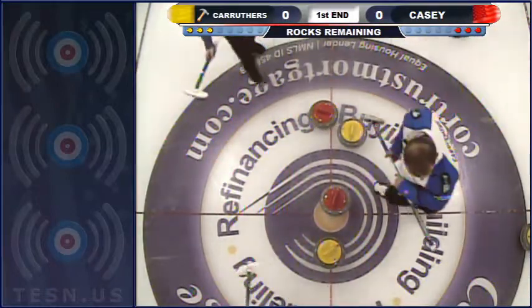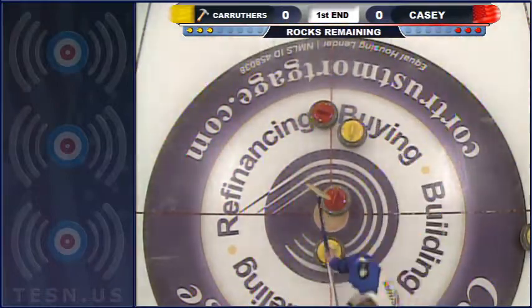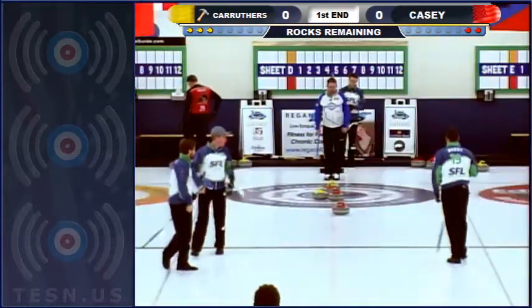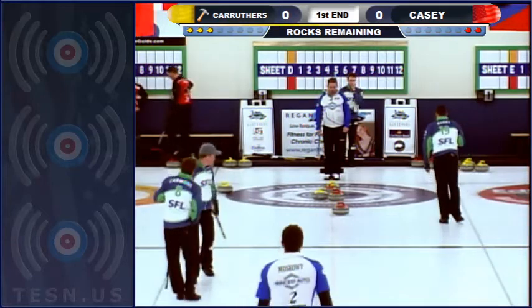Josh Berry draws in for fourth shot on the top of the 8-foot. Not a bad spot. That's a pretty well protected rock. Could be a bit of a saver. That red goes,